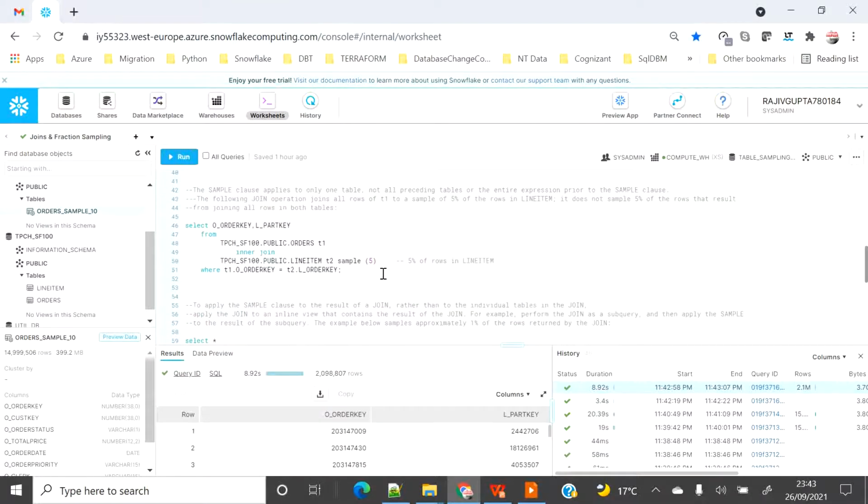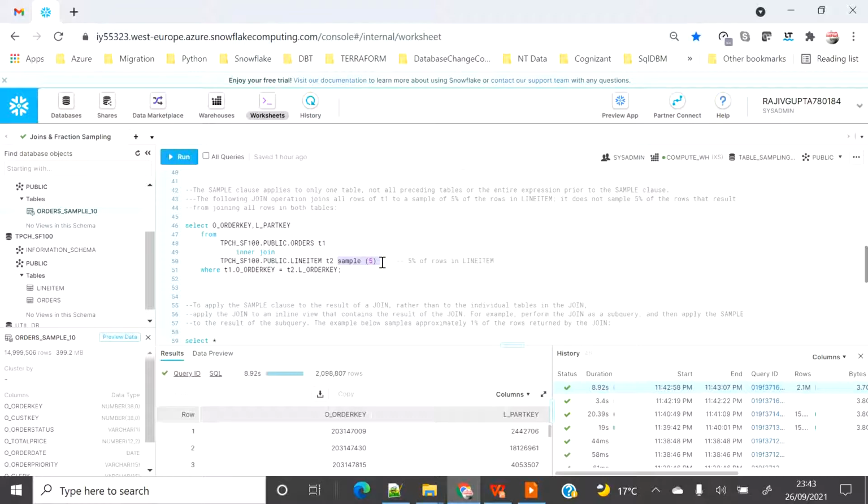Similarly, if you want to pick all the data from one table and only want to sample the line item, in our case line item is a very huge table, so we pick the sampling on the 5% probability on the line item. We want to pick the entire data set of the order because the order table is not that big, but we want to do a partial sampling, not on the whole table, so we can do that either.